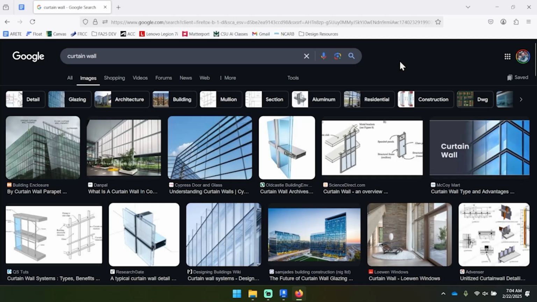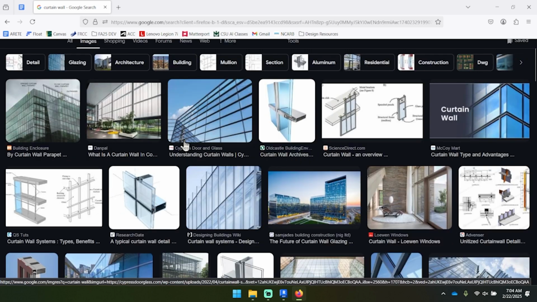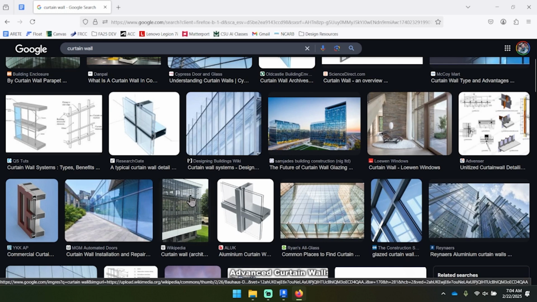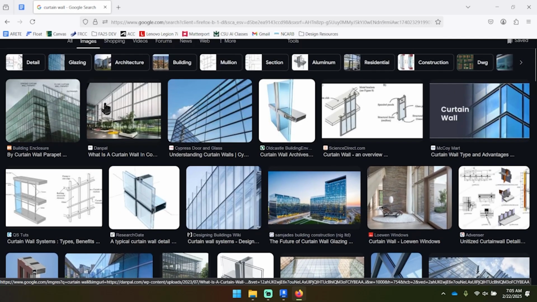Before we get into Chapter 7's lesson on curtain walls, I wanted to show some image examples of what those actually are. These are used in residential and commercial applications, and they're a great installation method for creating very large glass walls. They are called curtain walls because they hang like a curtain on the building, so not only are they structural, but you actually sort of need to account for the fact that your building essentially has a massive hole